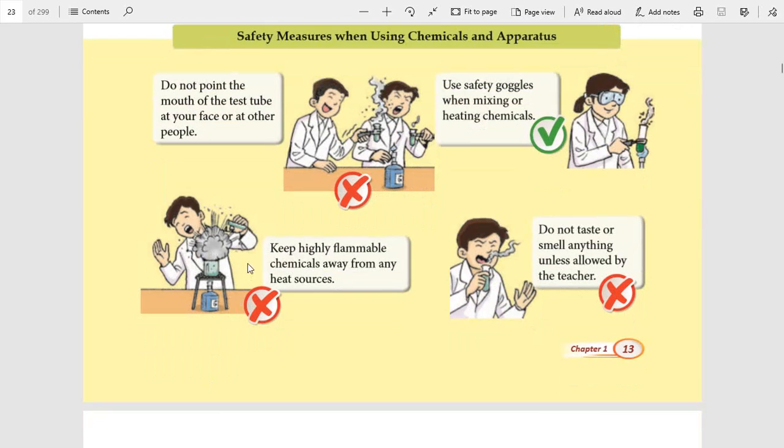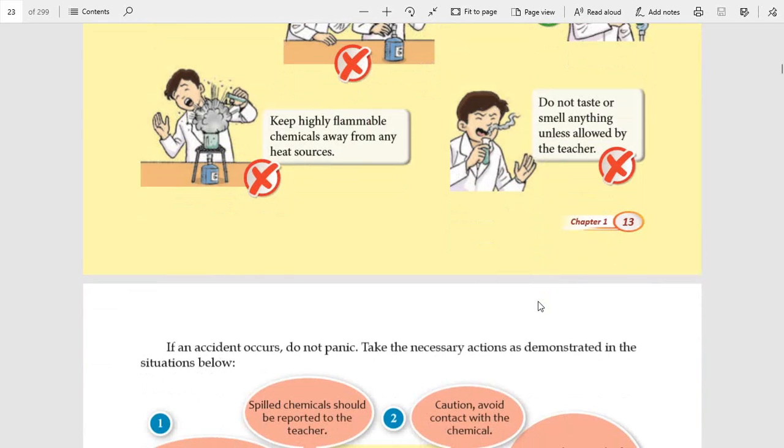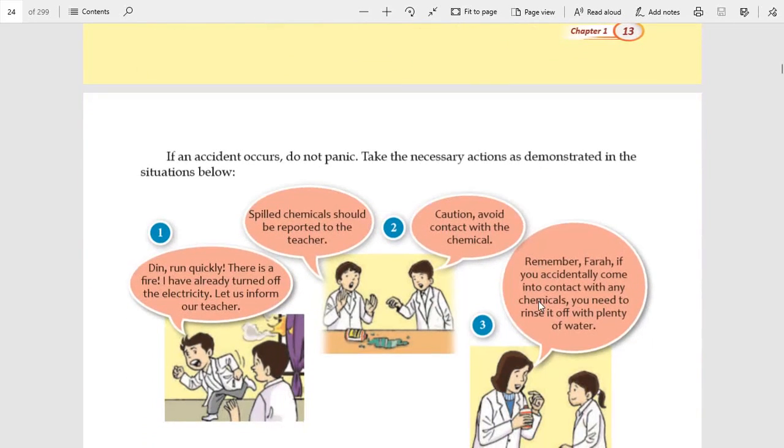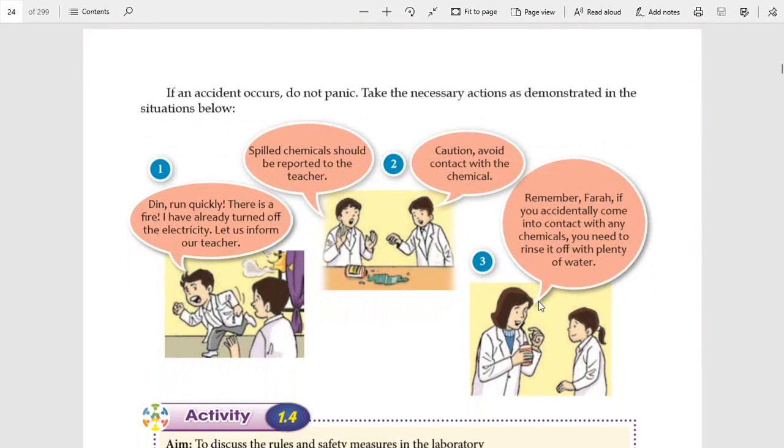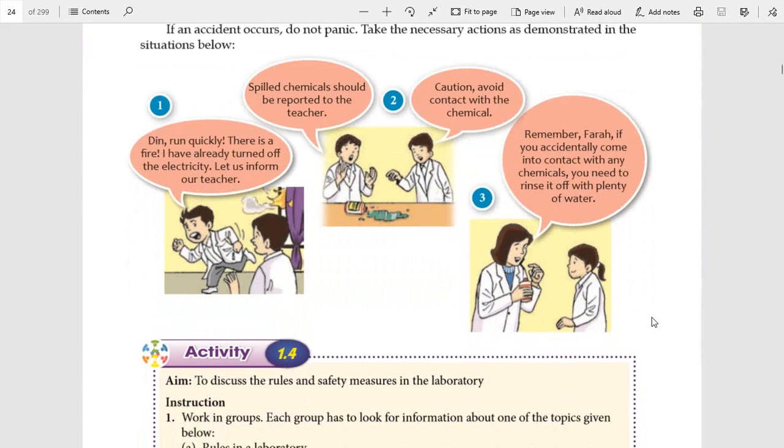The wrong steps: this boy uses a flammable chemical directed at the heat source, and this boy smells the chemical without the teacher's permission. So if any accident occurs in our laboratory, do not panic and